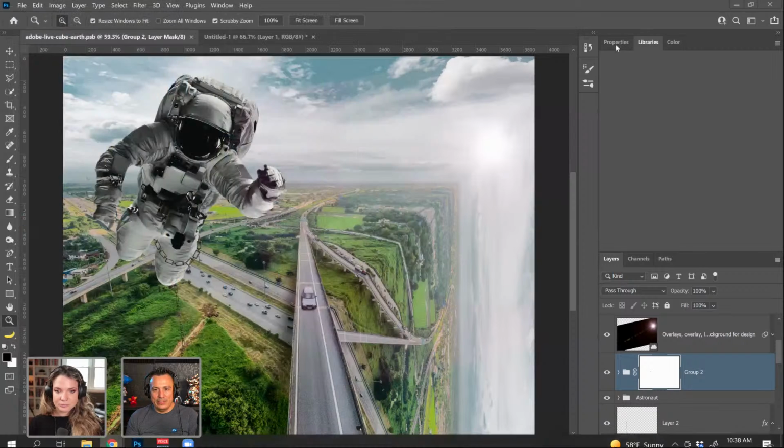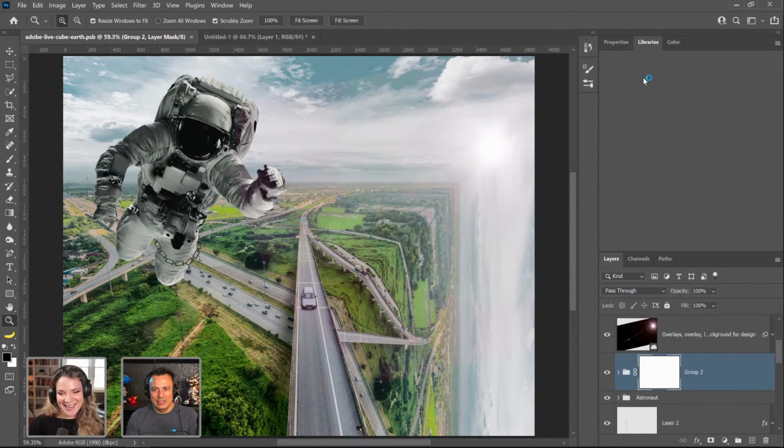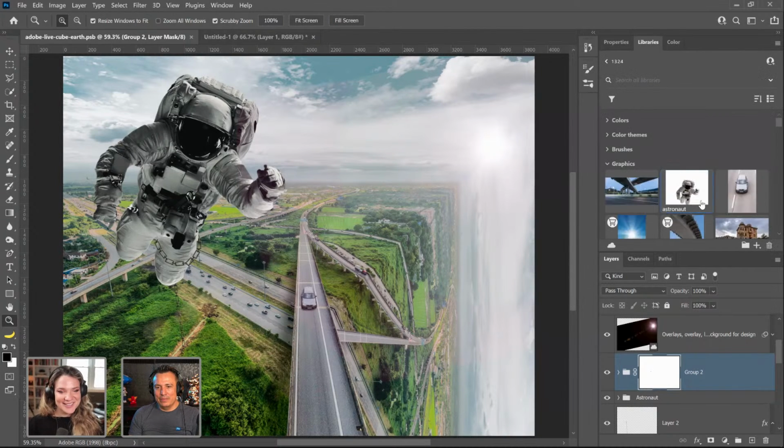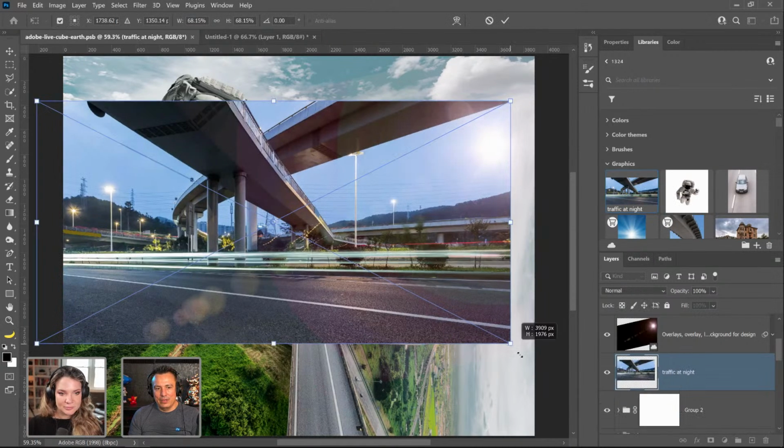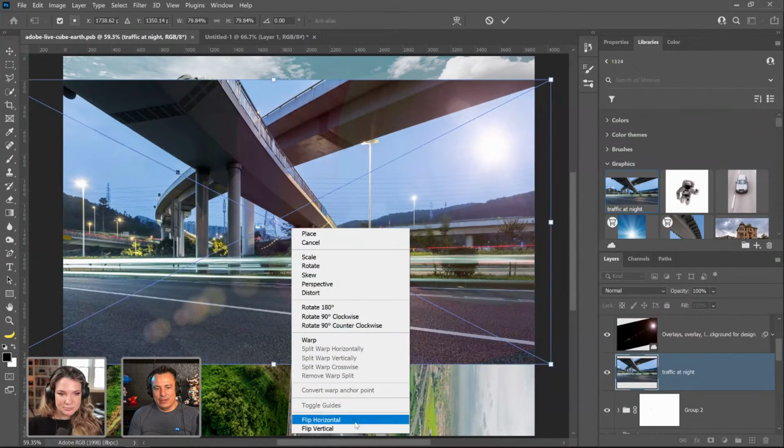And it always gives me the download window that I don't really like. I just want to use my libraries panel, which of course is not going to connect right now, but that's okay. Sorry for all the technical difficulties today. I guess I will have to download it. Oh, here we go. It's going. There it is. So if I can bring this here,